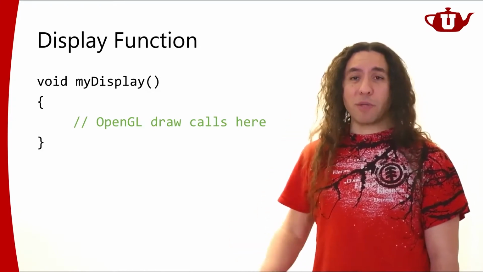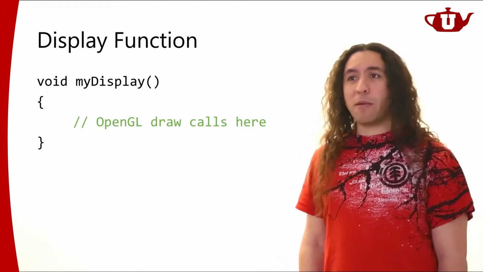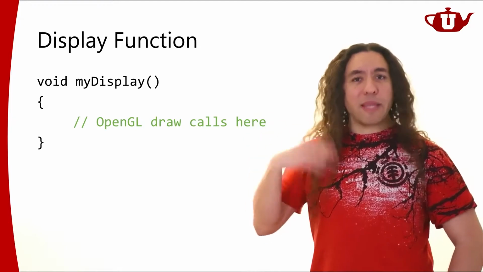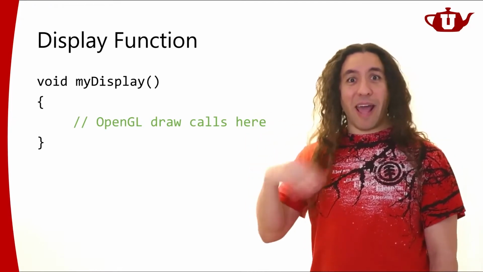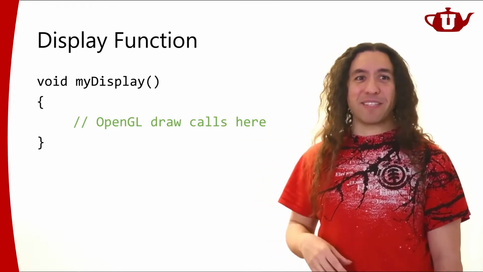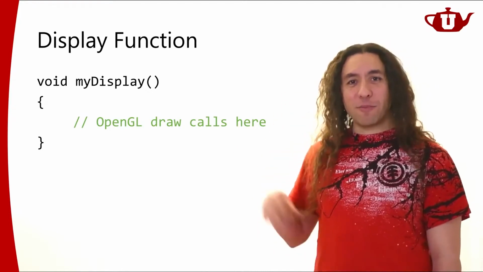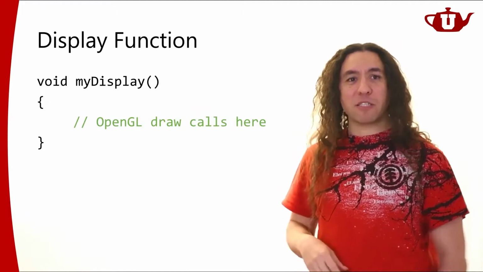So in an interactive application, if you have an animation, for example, something might be turning around, and you may want to update that image at every frame. You know, every time your display refreshes, you may want to update that. So you may end up calling this display function repeatedly.